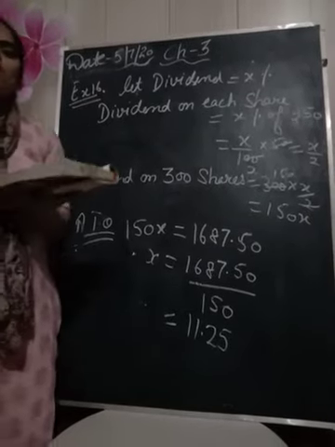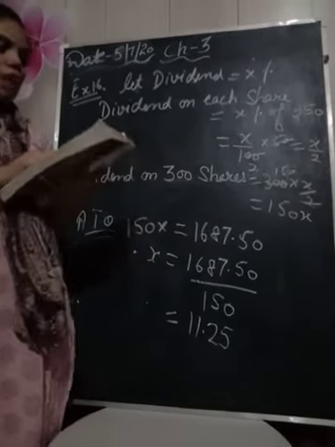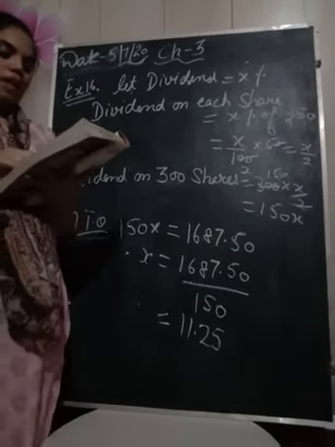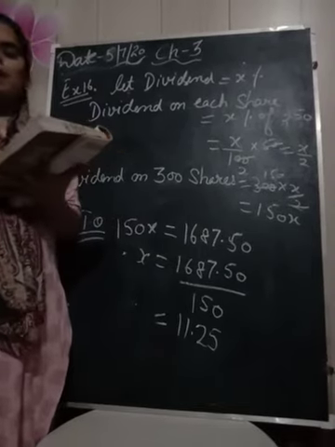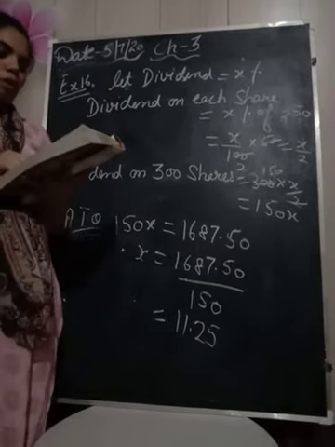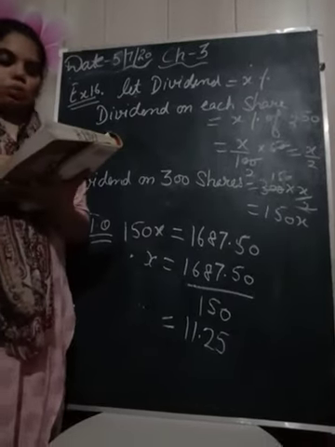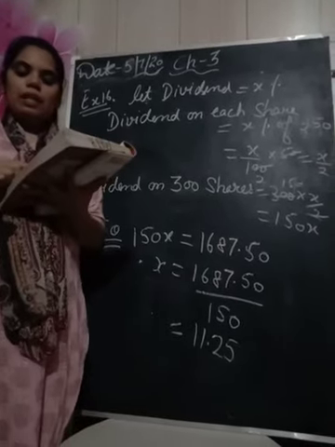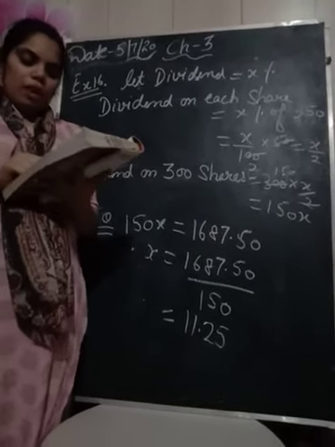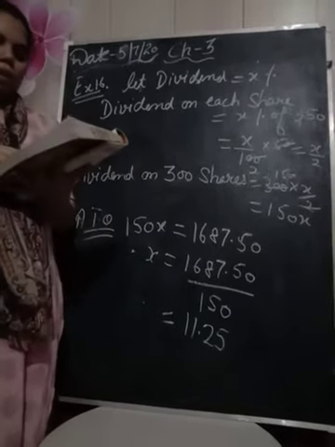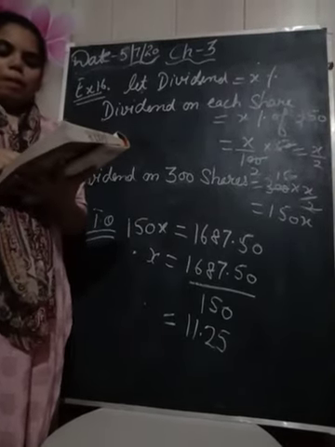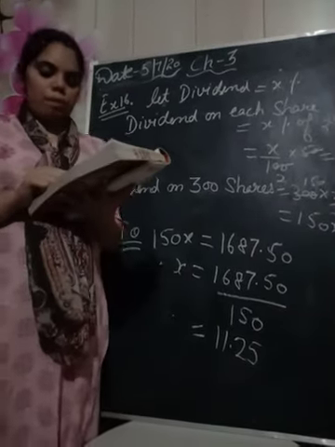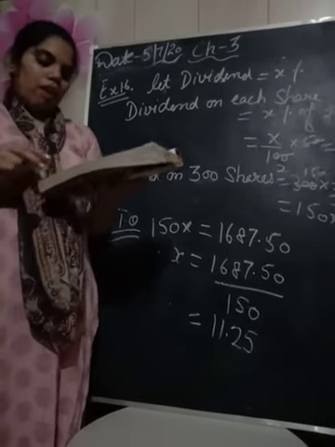So first you see from your book page number 33. For Ashok, sum invested, how much? 18,000. Nominal value rupees 100. Market value, because discount is given, so 100 minus 20%, that is rupees 80. From this we can find the number of shares, that comes as 225. Dividend on each share, that is 7.5% of rupees 100, is equal to rupees 7.5. Total dividend, how can we find? Dividend on each share multiplied by number of shares. So 7.5 into 225 shares. The same for Sandeep we can find.